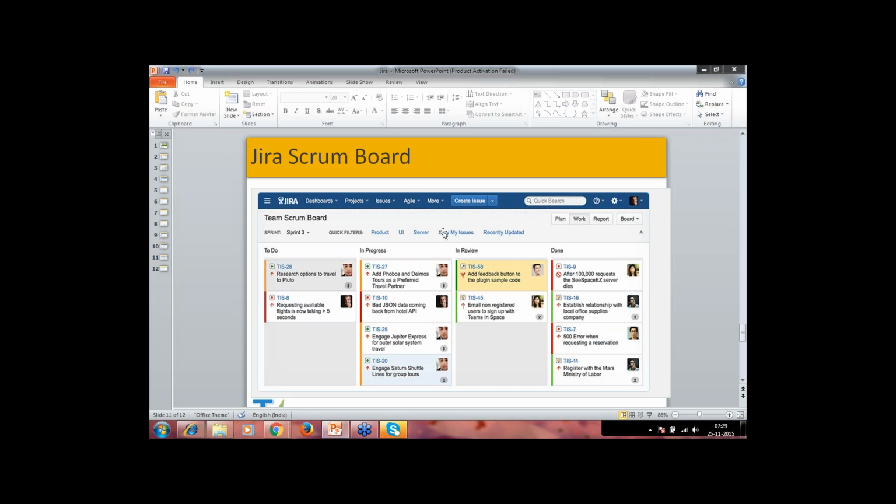This is how a simple Scrum board looks like. I've been talking it through for a long time. So what is a Jira Scrum board? Initially, all your tasks will be on this to-do list. Suppose we are starting a sprint, let's say today. When we're starting a sprint today, all your tasks will be on the to-do column. And